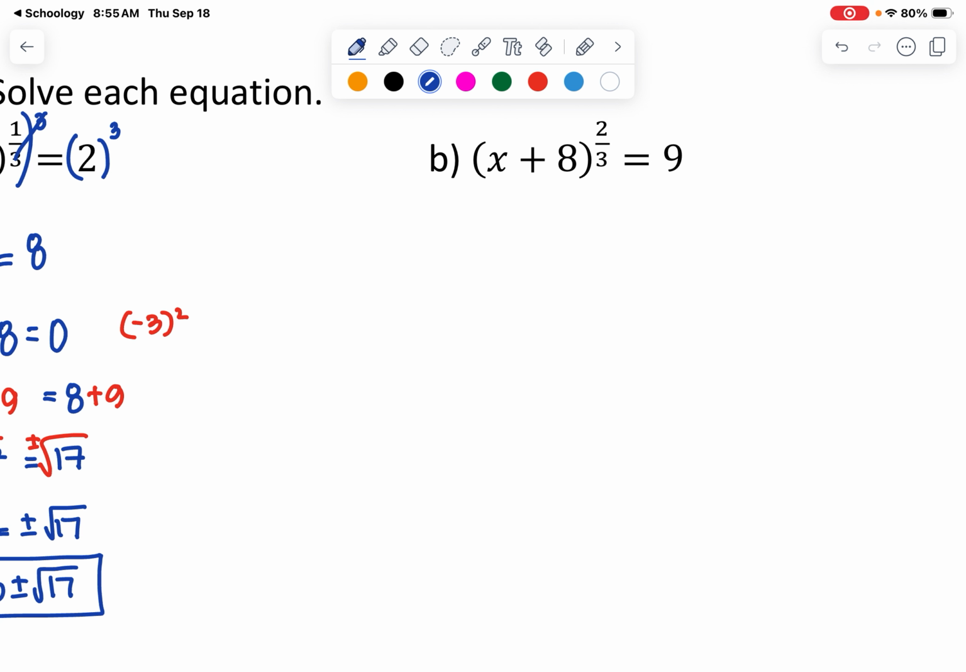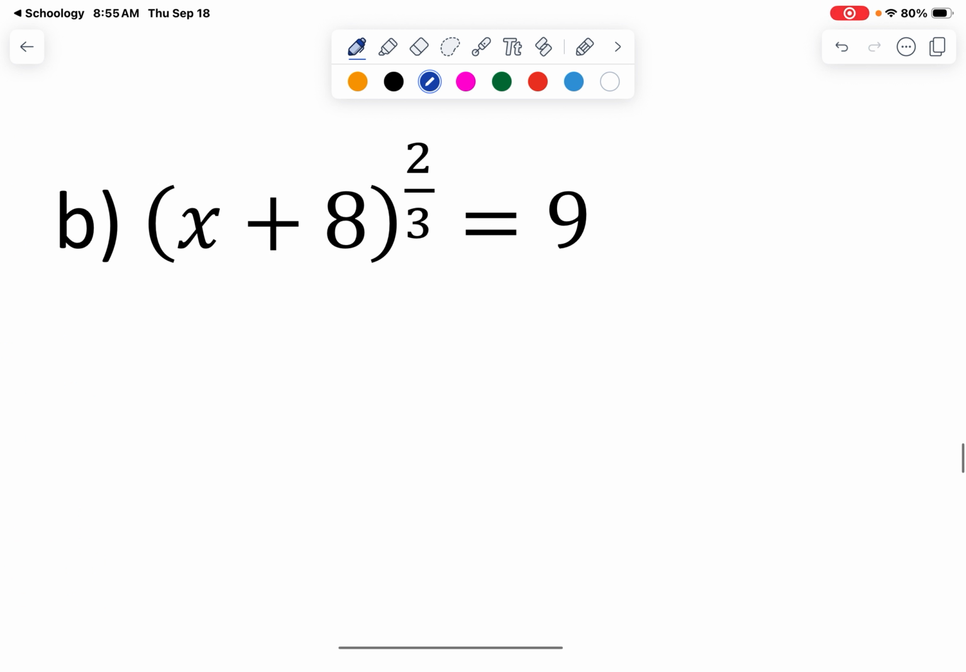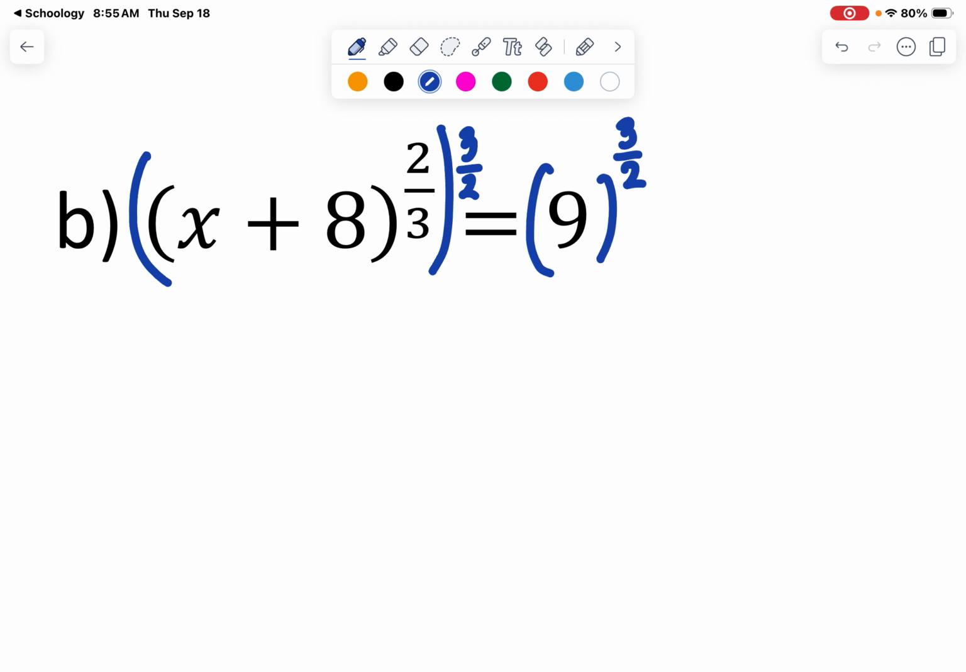So let's move on to the next problem here. I need to get rid of a 2/3 power. So I'm going to bring this to the 3/2 power because that's 6 over 6, which is 1. So now it's the first power. And what I do to one side, I have to do to the other. So I have x plus 8 is equal to